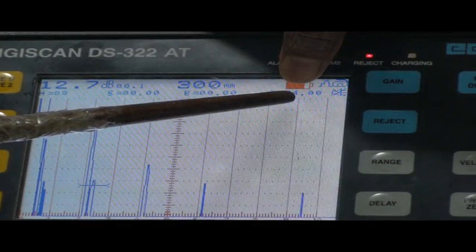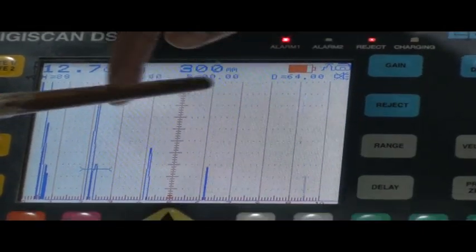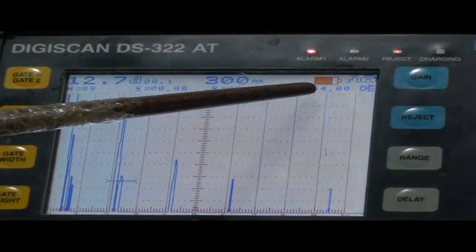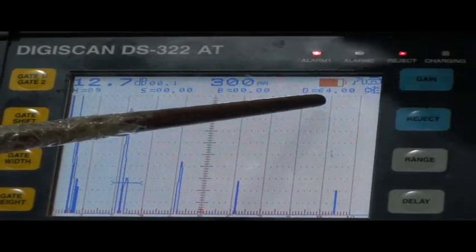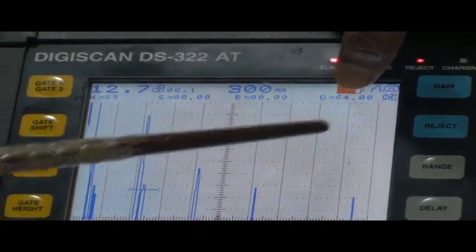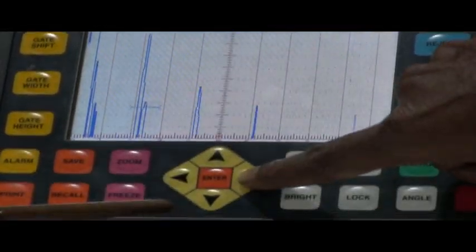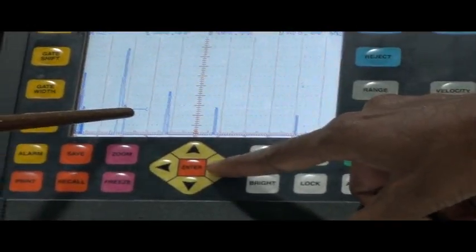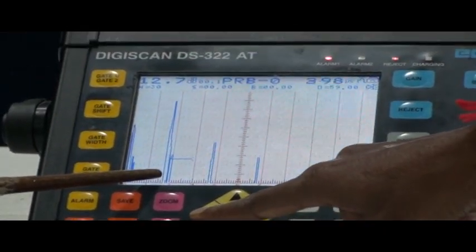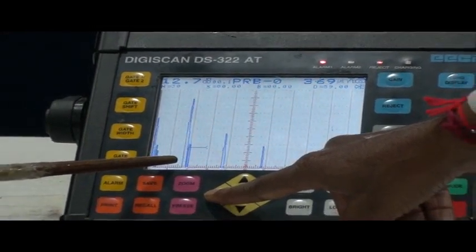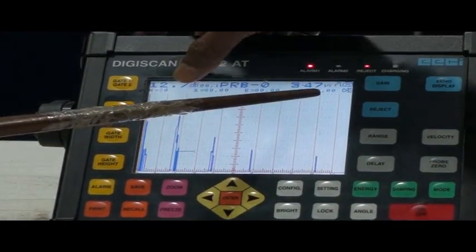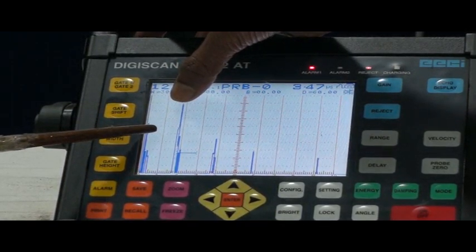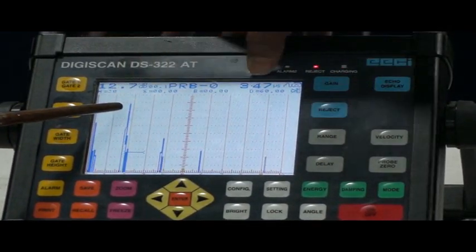So here it is 64. Either we can make it 60 or otherwise we have to check the distance between the two from the 64. So for the reading we can make it 60. It is now 64. So first we will make it 60 by this probe 0, like calibration. So now it is 60. If we are not making it 60, we have to compare from the 64. So for the easy going purpose we make it 60.